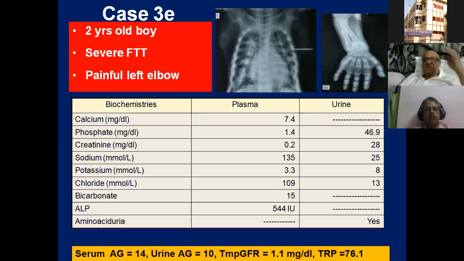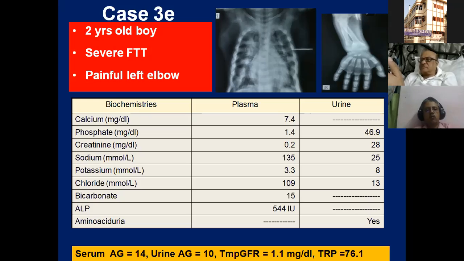Calcium was low, phosphate was very low, 1.4. Potassium was low, 3.3. Bicarbonate was also low, 15. And the alkaline phosphatase was high. Because of the low bicarbonate, we did anion gap, which was normal. The urine anion gap was positive, and the TMP-GFR and the TRP were suggesting phosphate loss. And if you look, there was amino aciduria also. All this looks classically like a Fanconi,